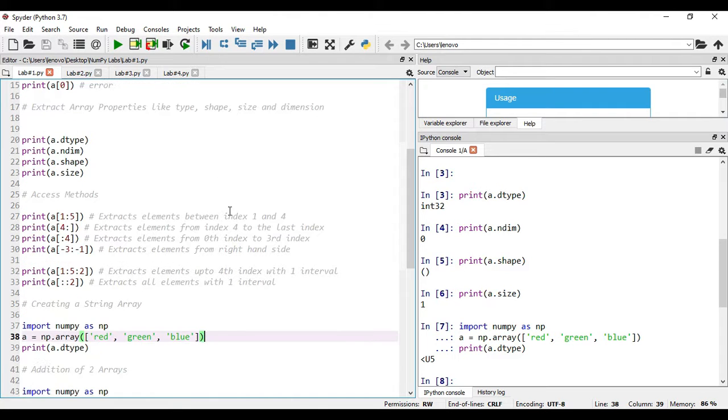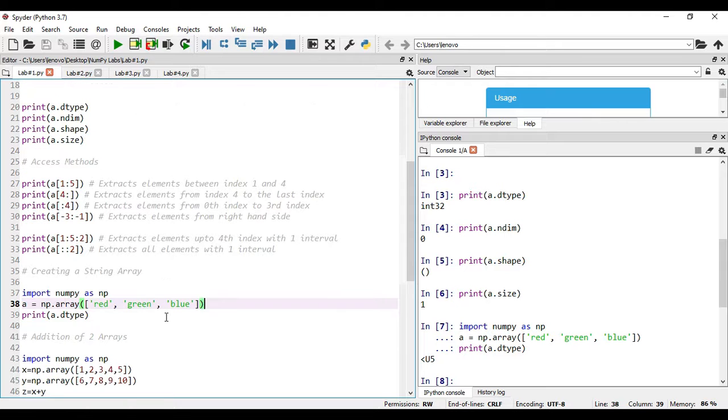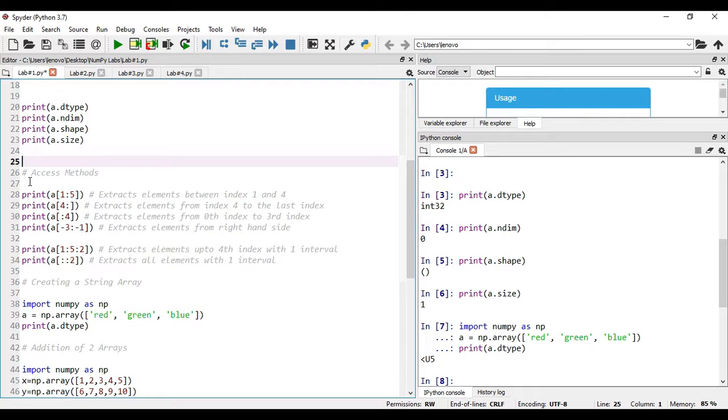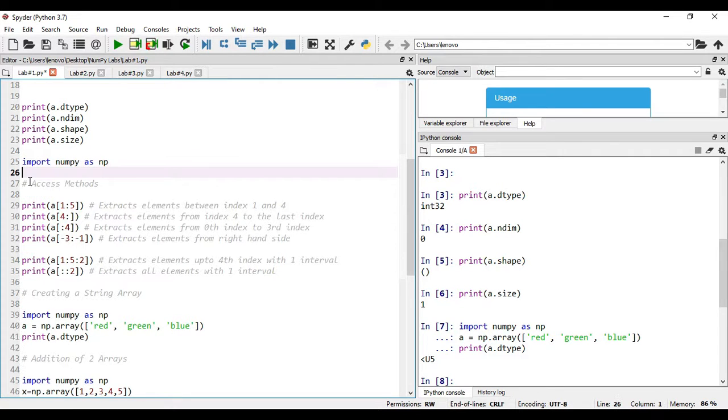Now let us see how we can create an integer based array. In this case, I will write the statement import numpy package with the alias name np, and here I will write arr equal to np dot array.